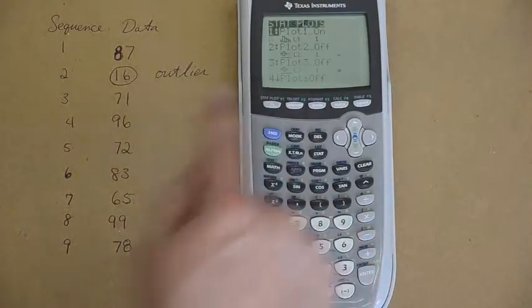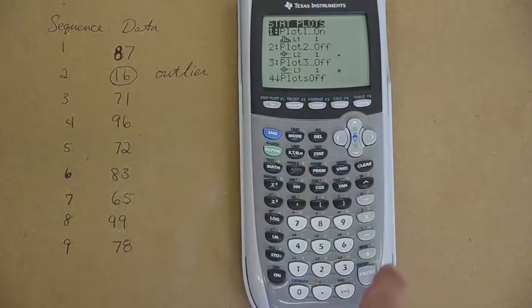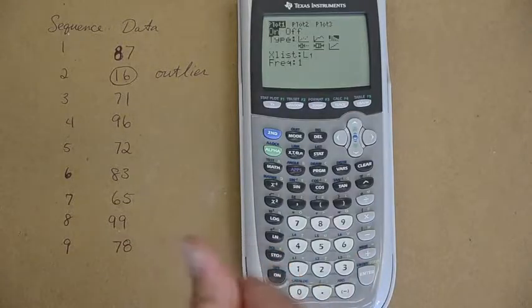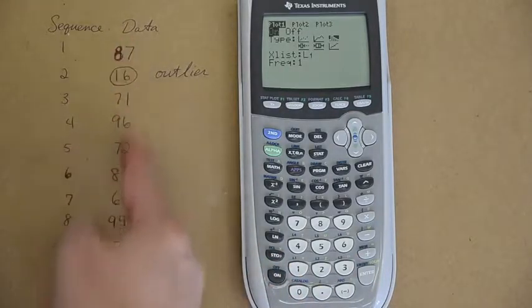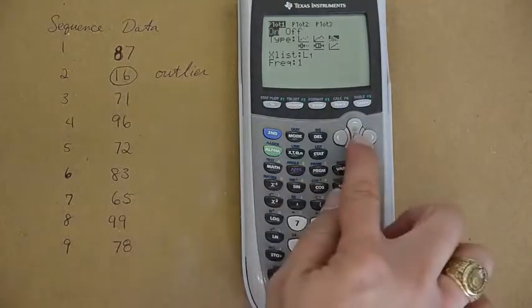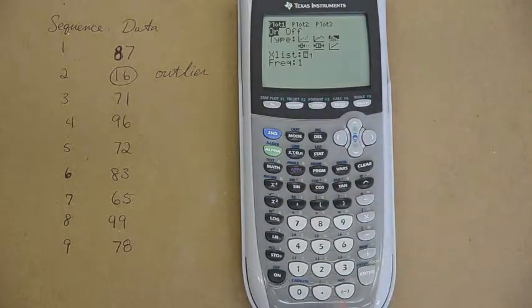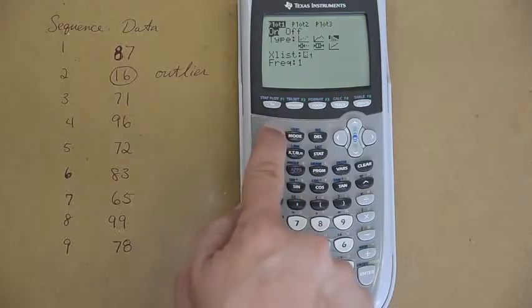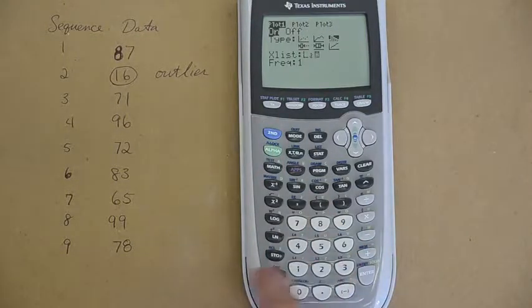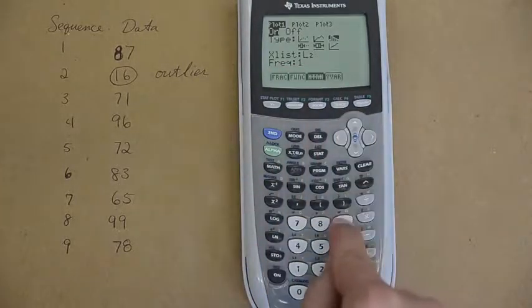So second stat plot, go back to choice 1. Oh, that's right, I put the actual data I want to use in list 2. Remember the first column was these numbers, list 2 was these numbers. So I've got to come down to X list, and above your 1, 2, 3, 4, 5, 6 are L1, L2, these are the lists. These are where you put your data values. And I put my data into list 2. So I'm going to do second list 2 over the X list value,